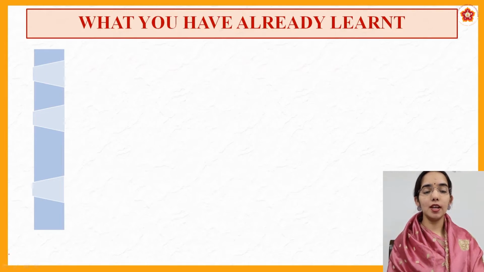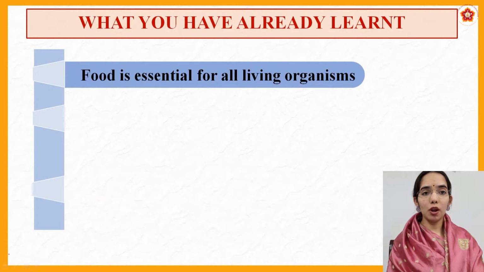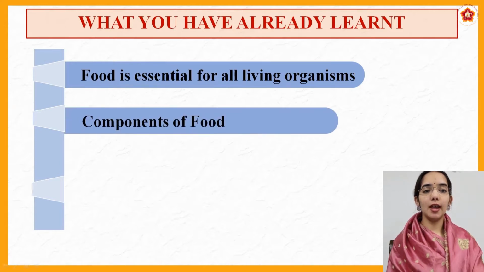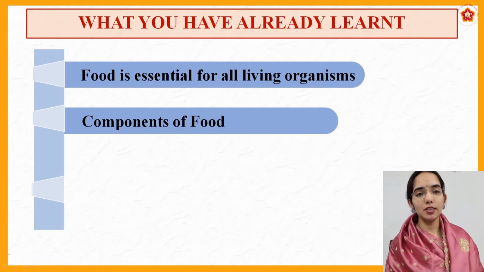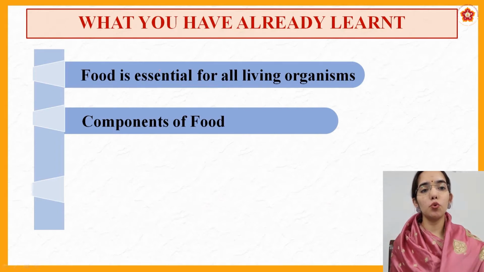What you have already learned. We all have studied that food is essential for all living organisms. Like vehicles require petrol and diesel to work, machines require electricity, we humans also require energy that we get from food. In class 6th, you have studied about various components of food. Let's recapitulate. The various components of food are